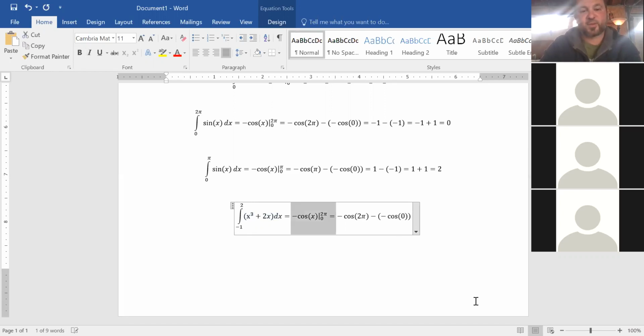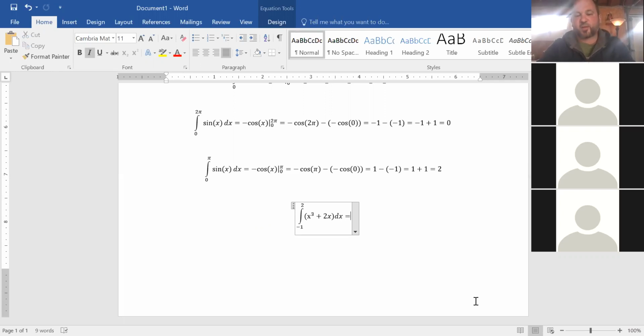Okay, so we're going to do that problem. So what this problem without looking at a graph is saying is that there's some function x cubed plus 2x, it looks like something. And we're finding the signed area underneath that curve from -1 to 2. That's what that's saying. We're going to assume geometrically we'd have no solution for that, so we're just going to